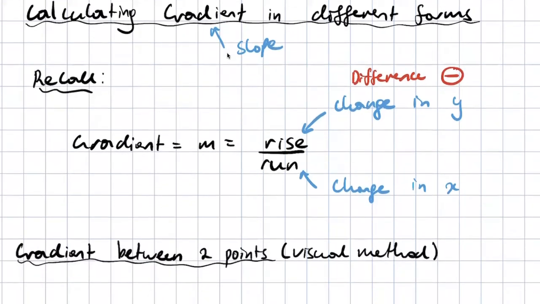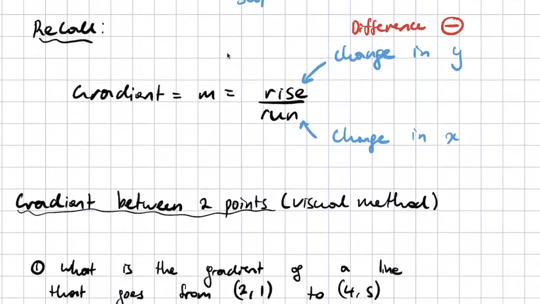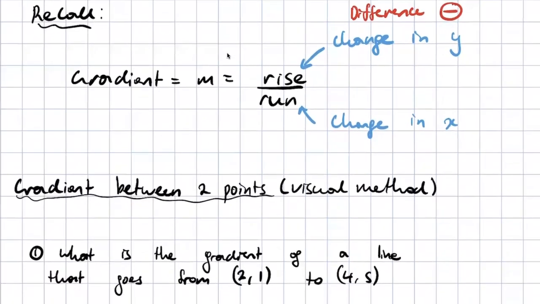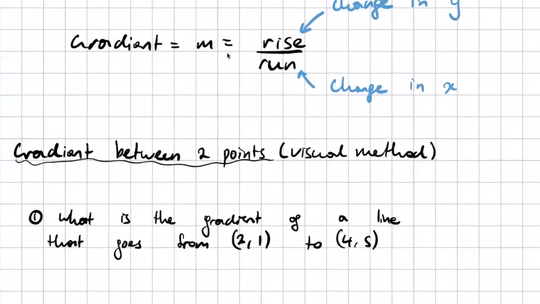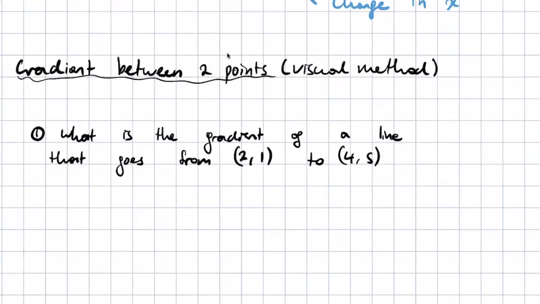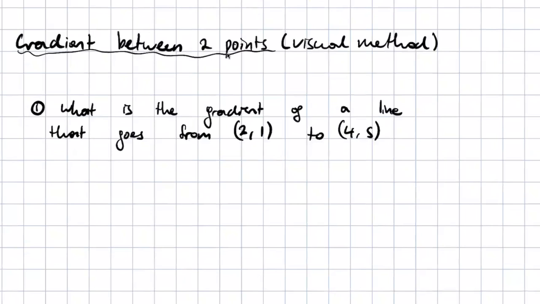The first thing that we're going to look at is how do we calculate the gradient between 2 points. Now, there are faster ways of doing this, but the visual method allows us to make sure that we're not going to make a mistake, and we can go from there to understand basically what we're actually calculating. There will be faster ways in the future, but just for the moment, we're just going to understand